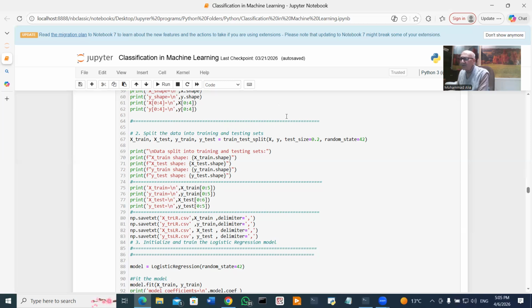Okay, so now I will finish with the Python and move to the LabVIEW to show you the same work